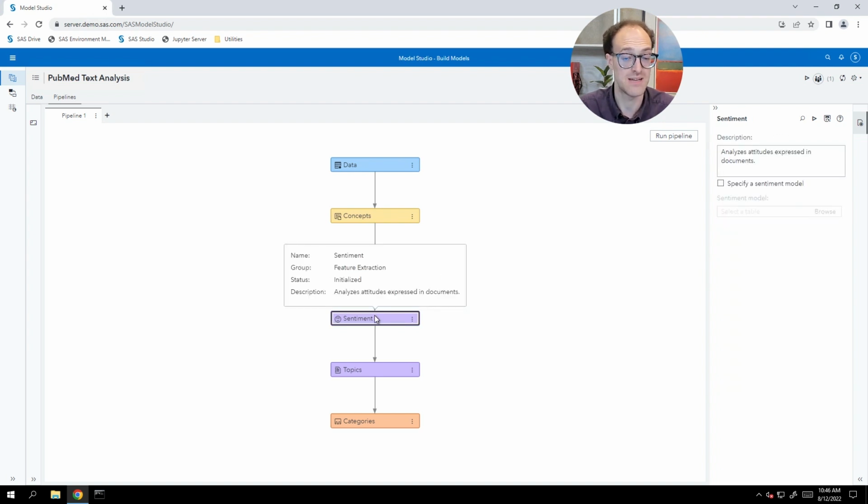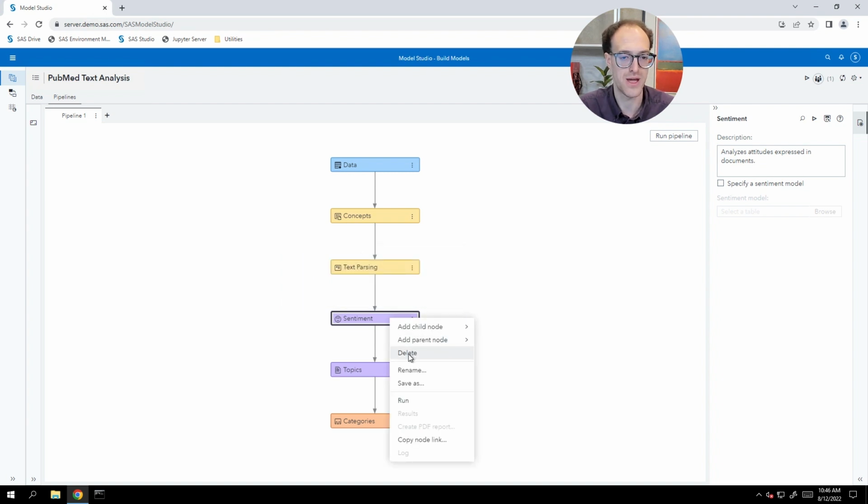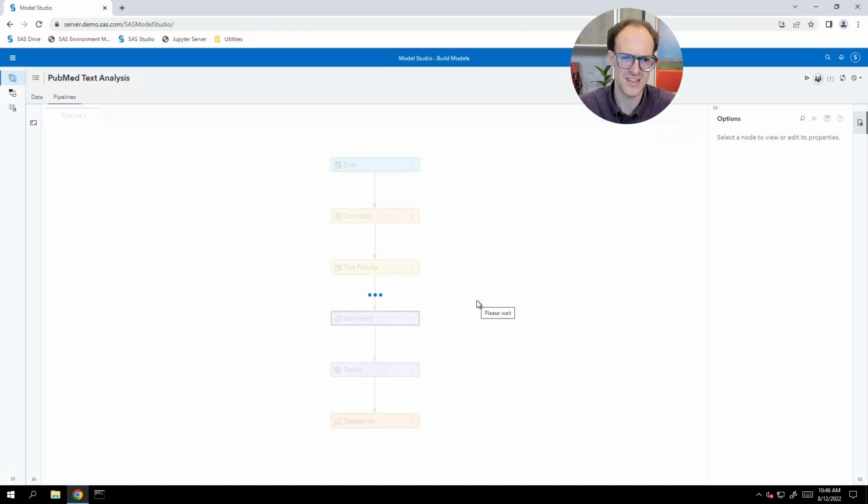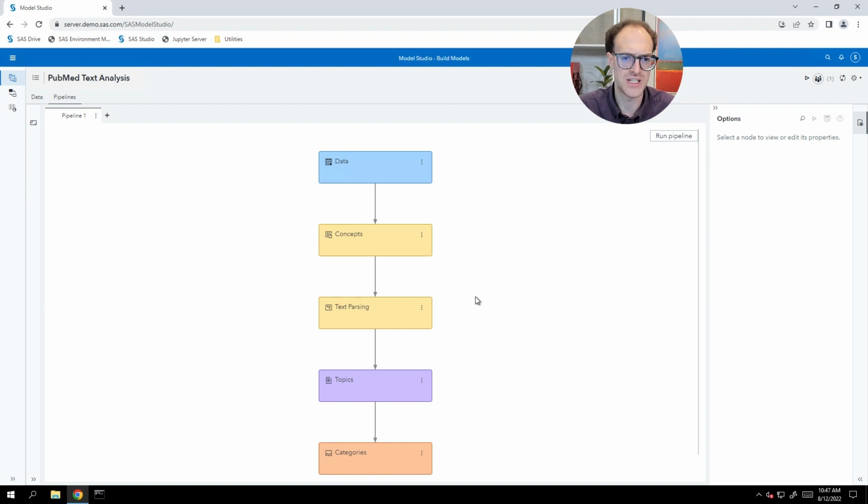Sentiment analysis is just a pre-built SAS sentiment analysis model, not very relevant for this particular project, given that we're analyzing scientific literature rather than things like customer reviews. And we didn't filter scientific literature only on health outcomes. So we might be looking at health outcomes. We might be looking at chemical research on the drugs. So I'm going to right click on the sentiment node and select delete to remove it from the pipeline. If you're interested in exploring the results of the sentiment node, feel free to leave it in for yourself. I just wanted to delete it to save a little bit of time in running the pipeline since we're not going to use it.